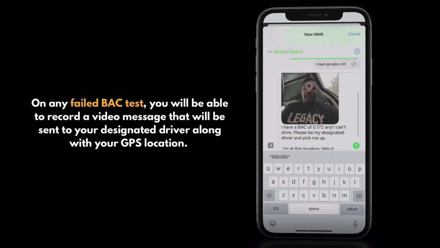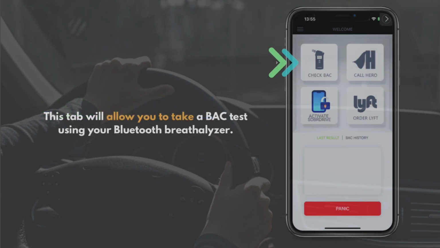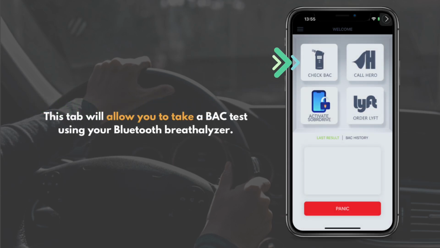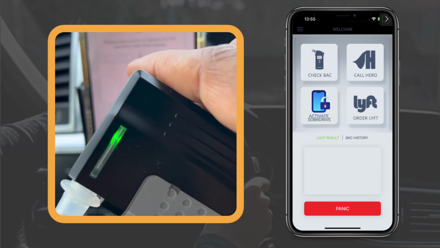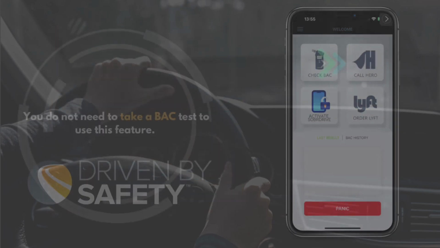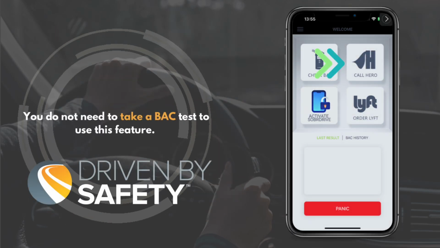Now let's explore the SOBRDrive app and its key features. The Breathalyzer tab is your go-to for taking a breath alcohol concentration, or BAC test. Press the tab and follow the instructions to get your test results. The Call Hero tab allows you to quickly contact your designated drivers, or heroes, ensuring you always have a safe